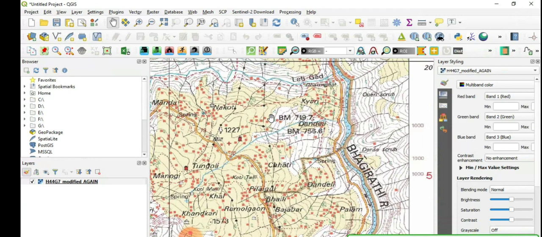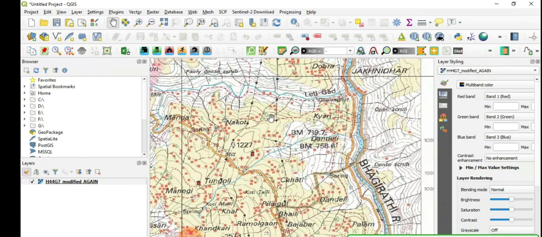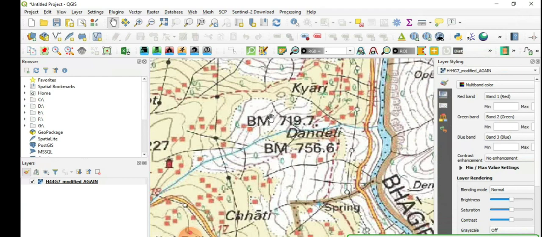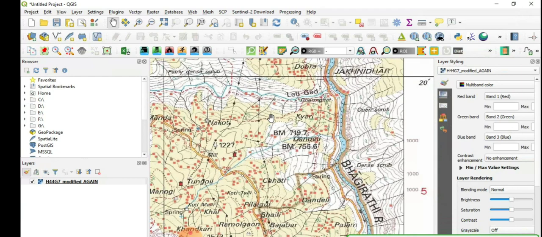So this is the river flowing from here, Bhagirathi river. This is Letigad, okay, then Dandeli. So these are all streams, okay. So we can digitize these streams, and there are some roads also.